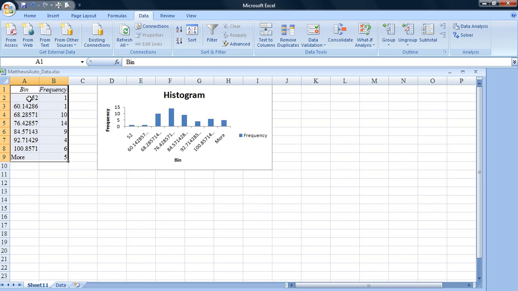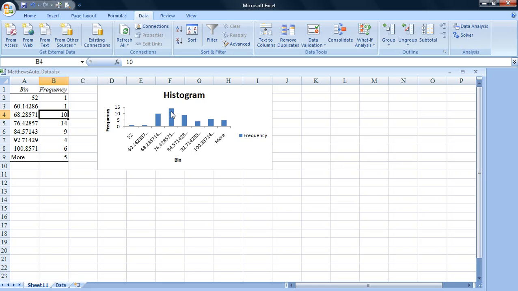So Excel created a bin for any tickets up to $52 of parts, and then from $52 to $60, from $60 to $68, and then it identified how many tickets were in each one. So these are our counts of how many work orders. One was $52 or less, one was between $52 and $60, and so forth, and it provided our visual output. And it shows a somewhat normal distribution, a little larger on the upper end of the scale,